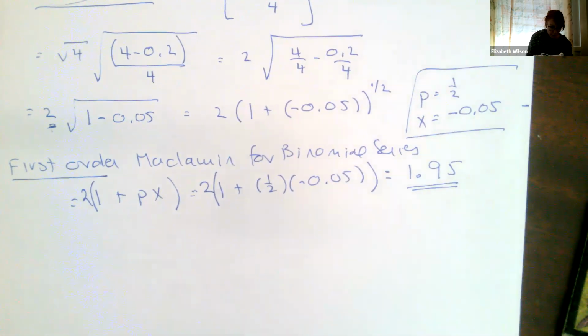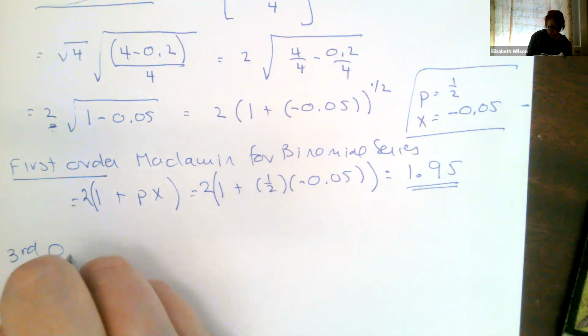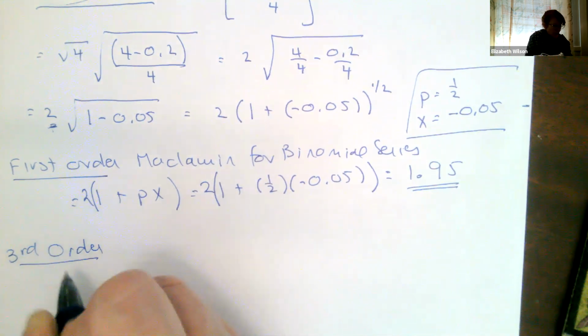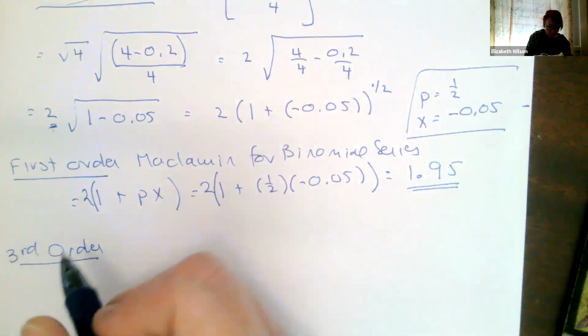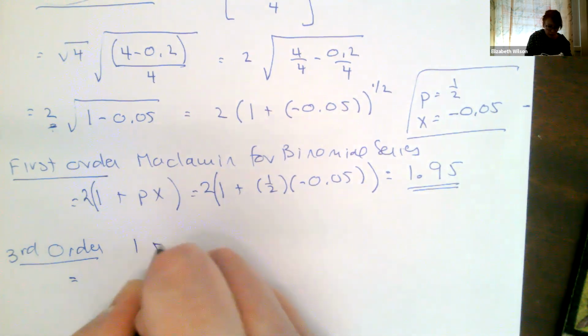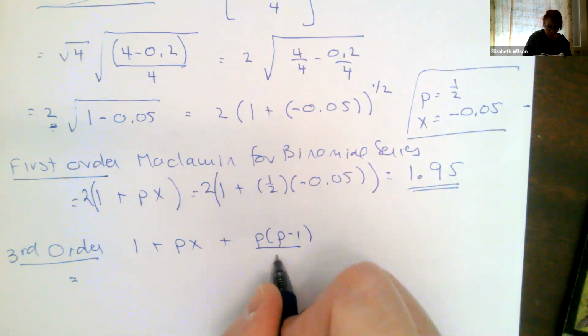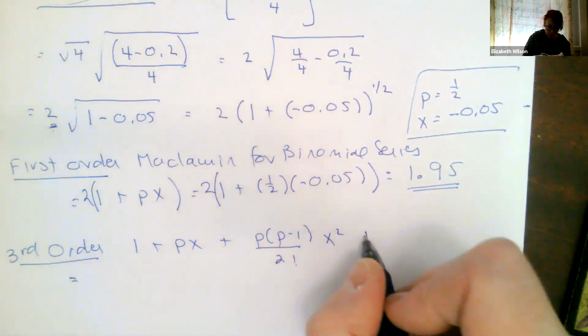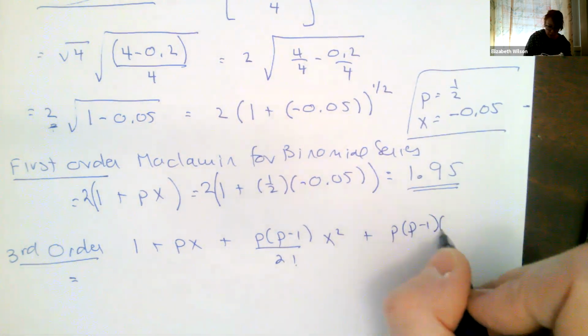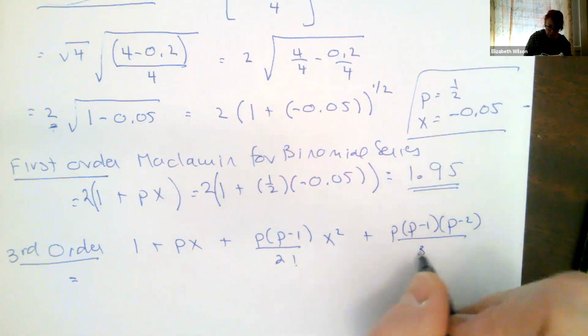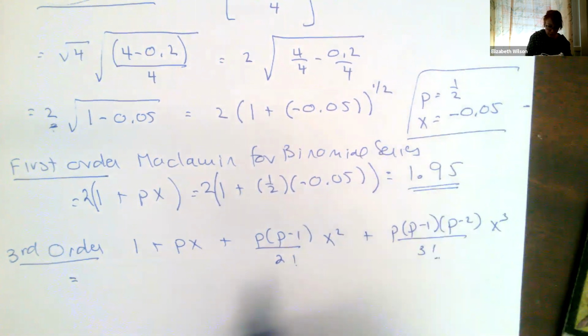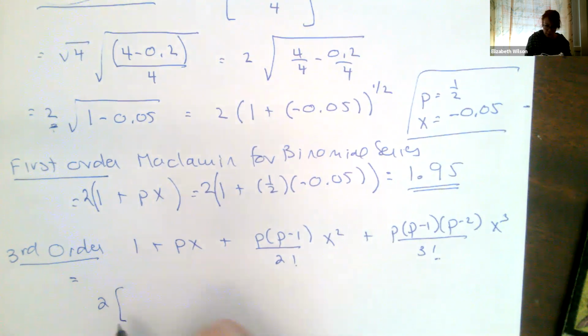if I do a third order Maclaurin, I'm going to write down what we had before. That's equal to, remember, the third order Maclaurin is 1 plus px plus p times p minus 1 over 2 factorial x squared plus p minus 1, p minus 2 over 3 factorial x cubed. Right, so this is going to be equal to 2 times, and I'm going to plug in for p and